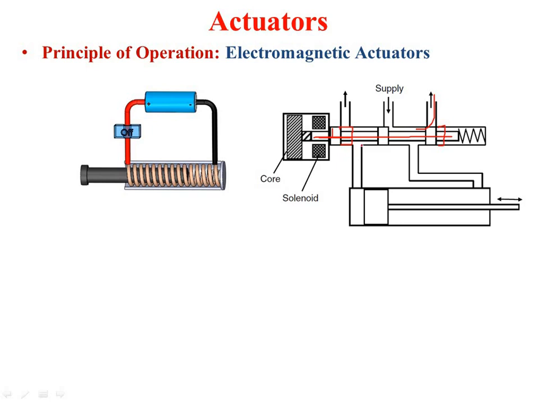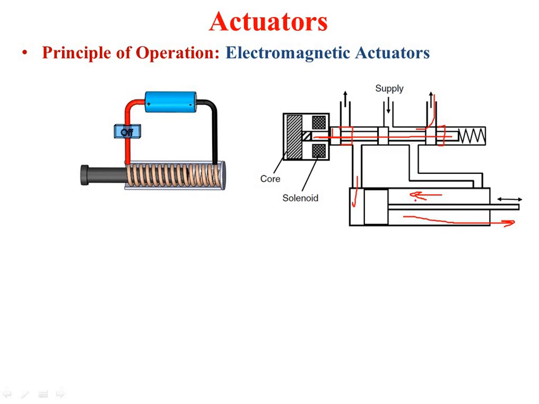So this supply is again connected to this pneumatic or hydraulic type of valve. So whenever there is a pressure in this region, this pressure will move this rod in this direction or this piston in this direction, and whenever there is a pressure from this side, it will move in this direction. So the pressure is decided by this coil. So the supply and the exit of that fluid is decided by the solenoid coil current, and that will make this valve on and off.